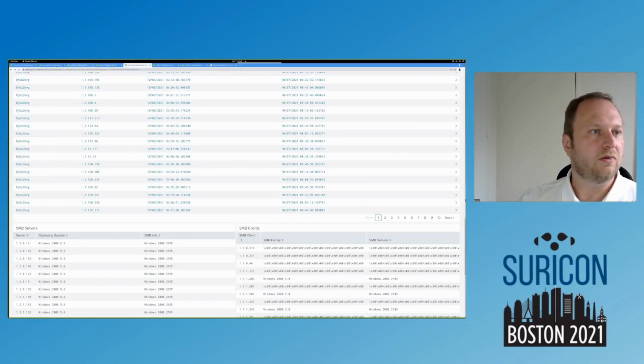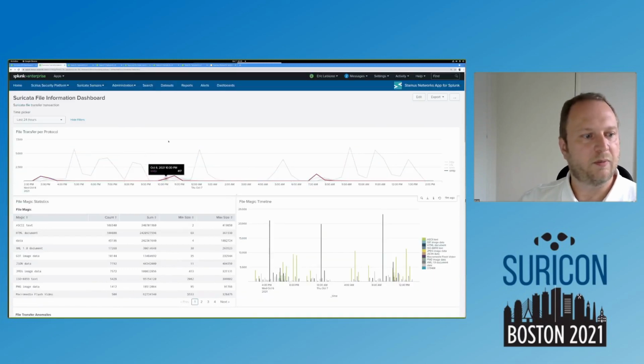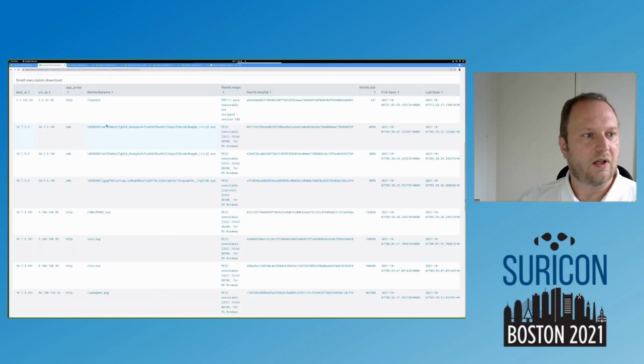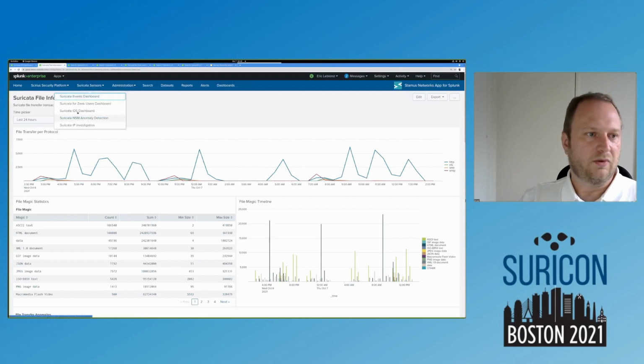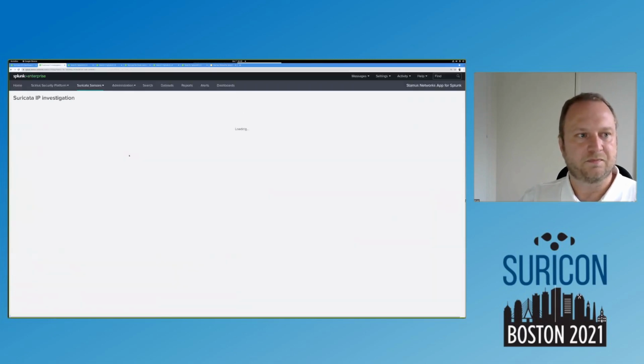So let's get back to our Suricata file information. Look at what we have here. We have 10755 and 1075101 that exchange this executable. The destination IP is the one receiving the file. So it looks like this little guy here has some problem because it is downloading some strange executable. If ever they are run on the target, we are in trouble. So let's remember this IP address and get to the Suricata IP investigation.